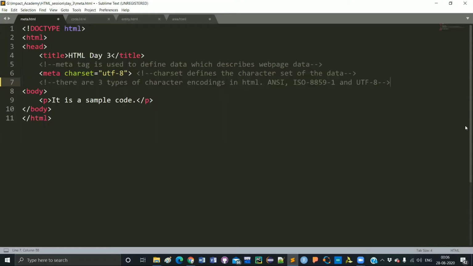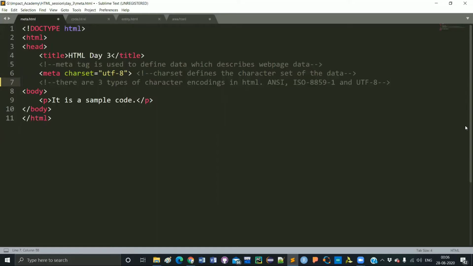Now there are several attributes that are used with the meta tag. The first attribute is charset. What is charset? This charset attribute is used for character encoding. How your server is going to encode the characters of your content is defined by the charset attribute. Within the charset attribute there are three types of attribute values.